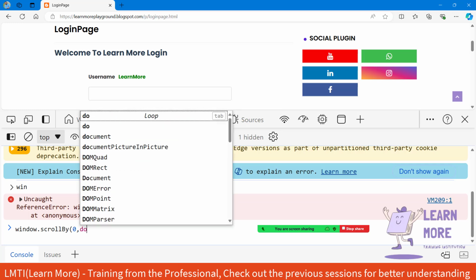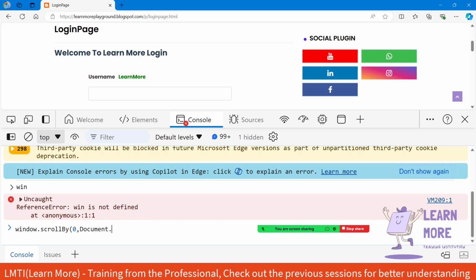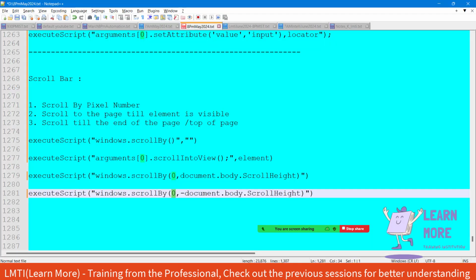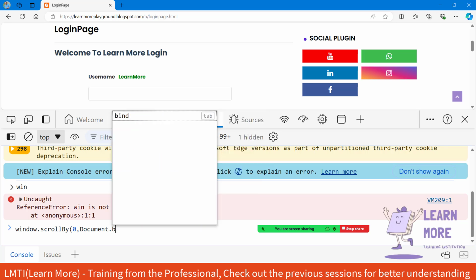Then what is the command we need to use? So we should use the command called document. Even from the suggestion you can see this is the command which is displaying. So document dot, then what is the next command? It's body, so I can say document dot,